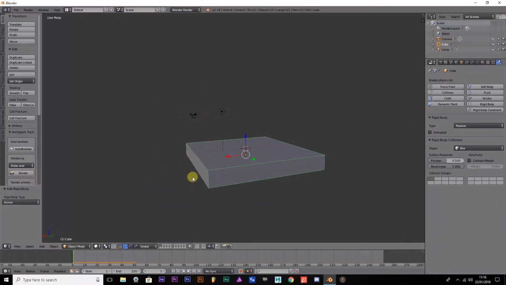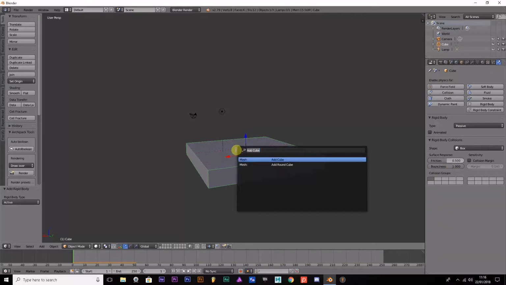Which means that now, it's still active in terms of other rigid bodies hitting it. We also got its bounciness to 1 because I want to demonstrate the bounciness of this object, and we are going to add in a monkey head. So if you press the space key and just type in add monkey, it adds